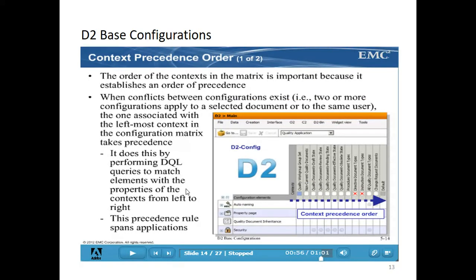Next, the precedence order. Context precedence order is important. The left side will be the more specific context and the right side will be the more generic context. For example, you are creating one property. In case of standard users, a set of five options should be displayed. In case of a manager viewing that property, he should view those five options, including some rating or approval options also.